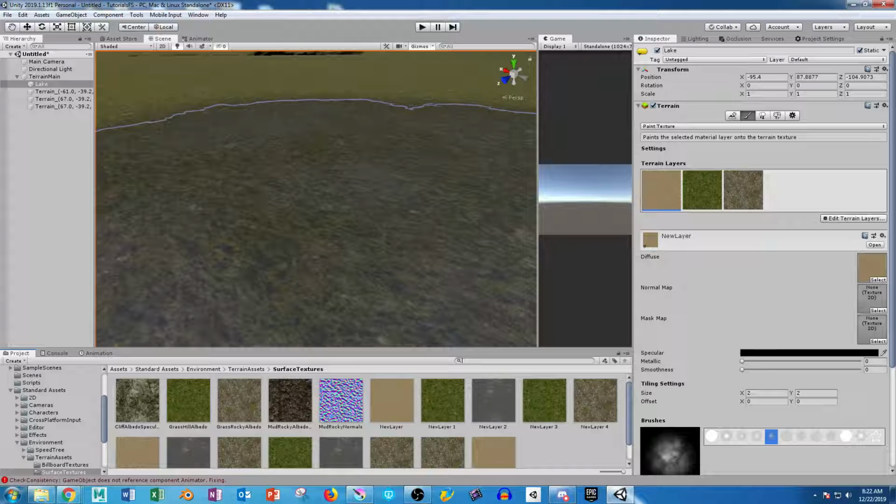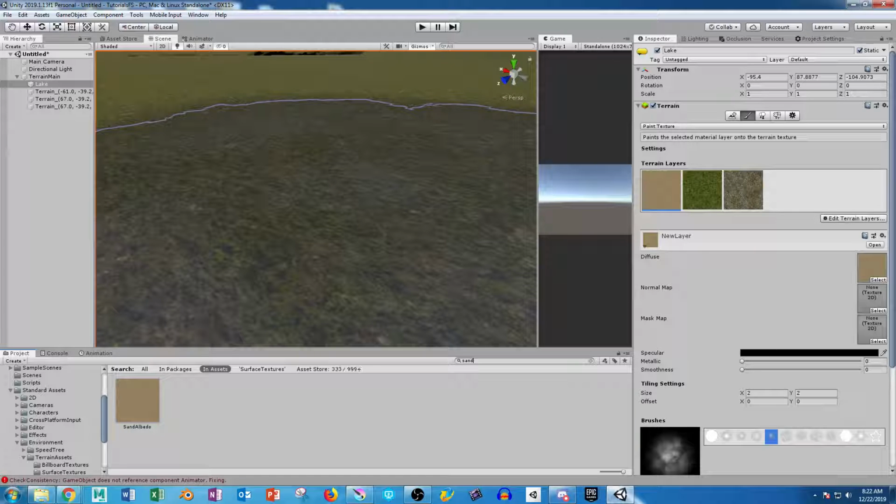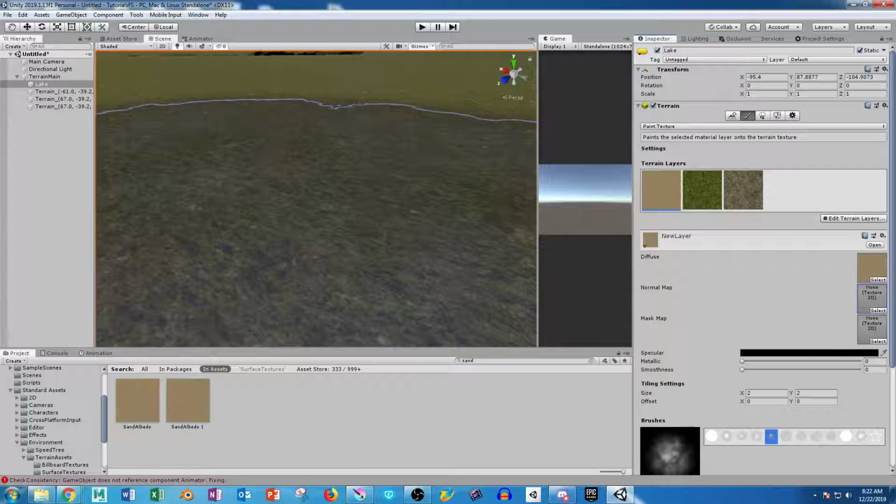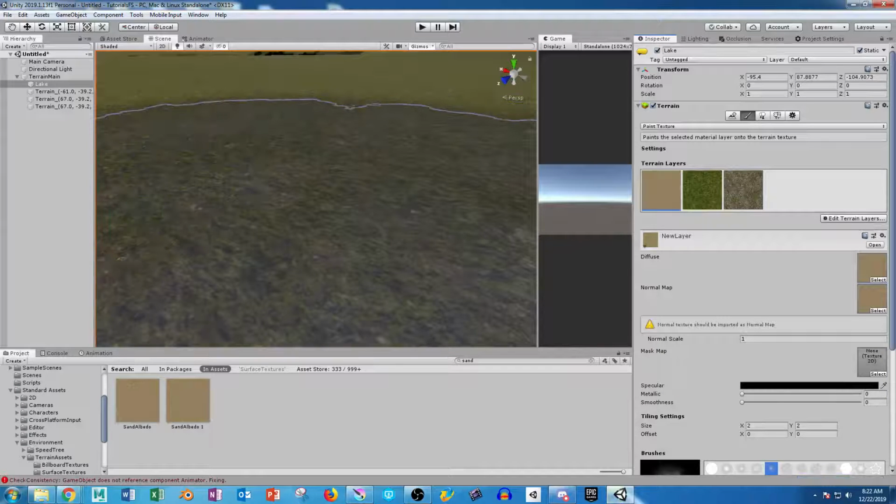So the first normal map we're going to need, let's just type in sand. Ooh, it doesn't have one, so that is fine. We're going to duplicate that, and then we're going to click on the lake, and we're going to apply normal map. The reason why I have duplicated it,